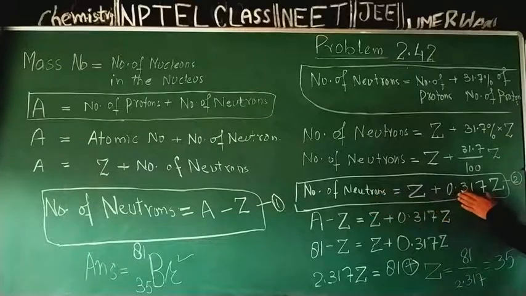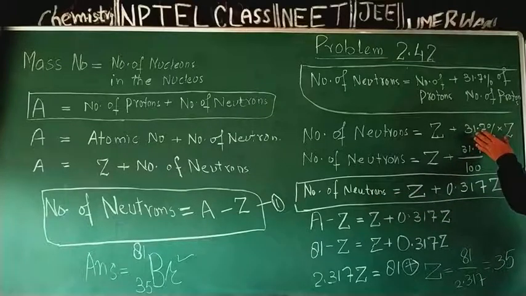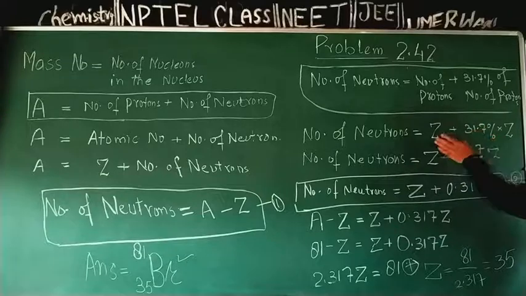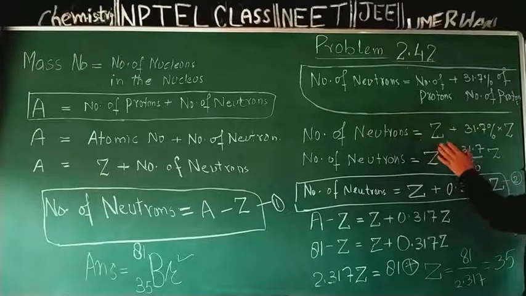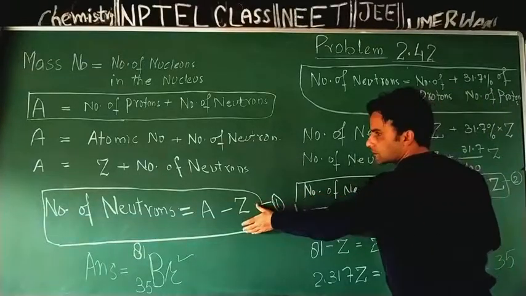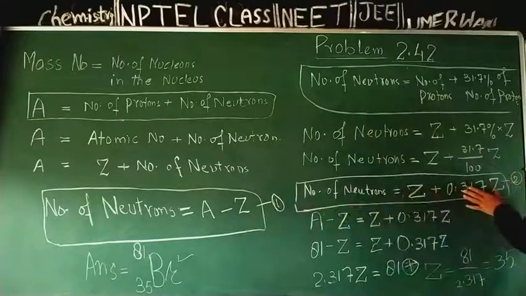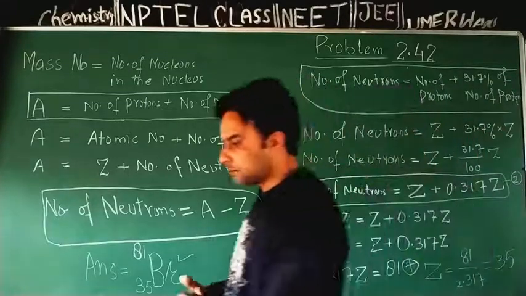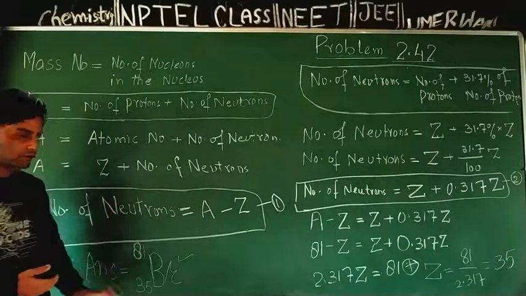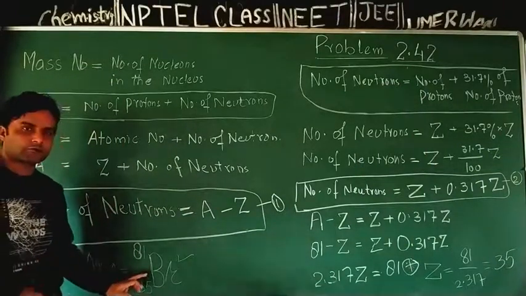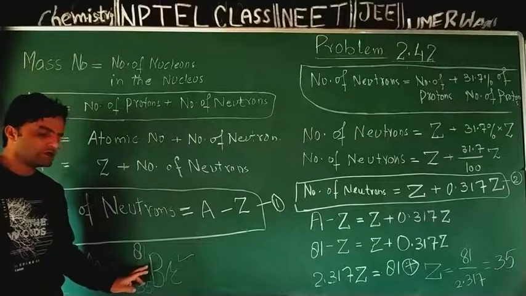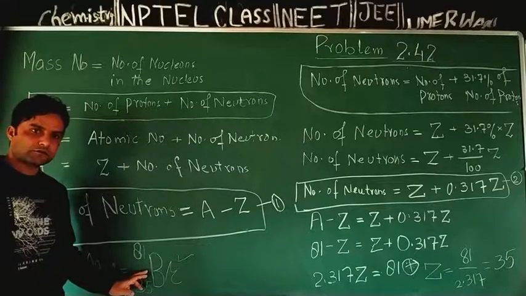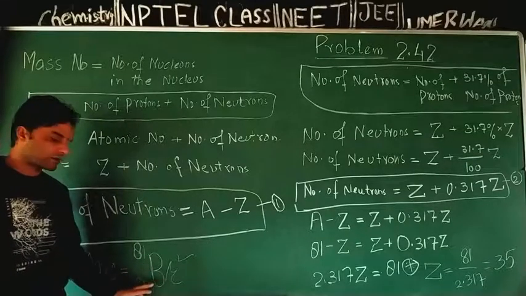Number of neutrons are 31.7% greater than number of protons. Based on this idea, I was able to determine atomic number of element, which came 35, and I said there is only one element in periodic table with atomic number 35, that is bromine. Thereafter it was easy for me to write its symbol as Br, capital B, small r,